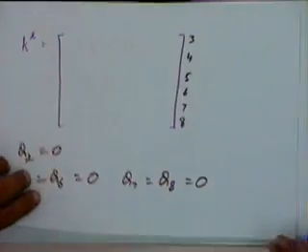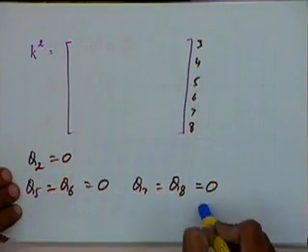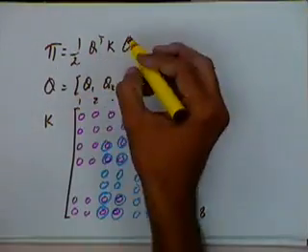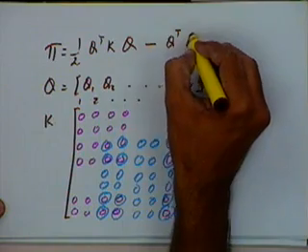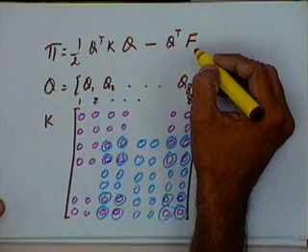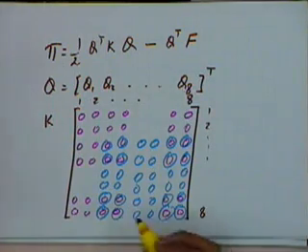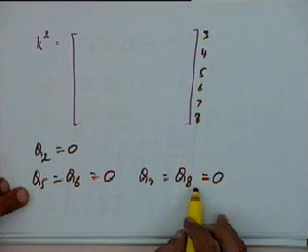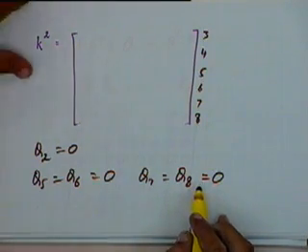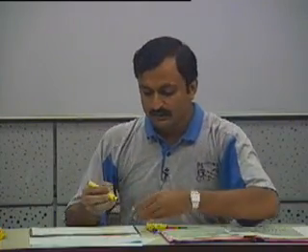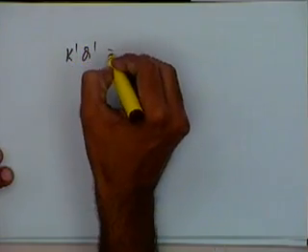And as I mentioned, these are the boundary conditions we have. To complete this potential energy expression, we have minus Q transpose F. F will again contain 8 terms. If I use the method of elimination, Q2, Q5, Q6, Q7 and Q8, all 5, are constrained. So by the method of elimination, the equation that I finally get is of the form K prime Q prime equal to F prime.